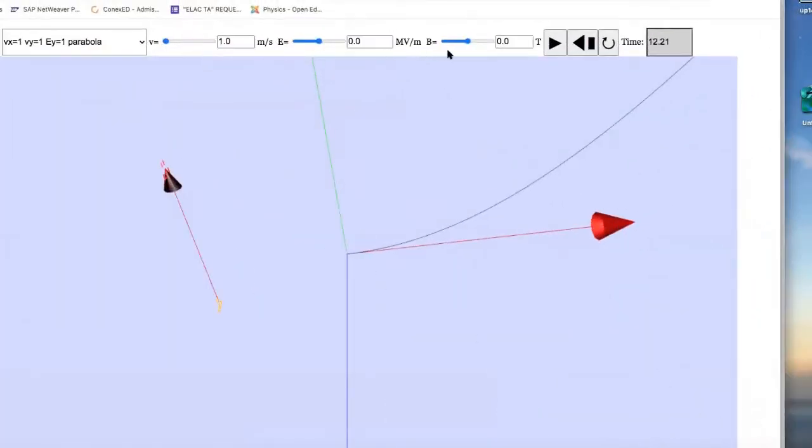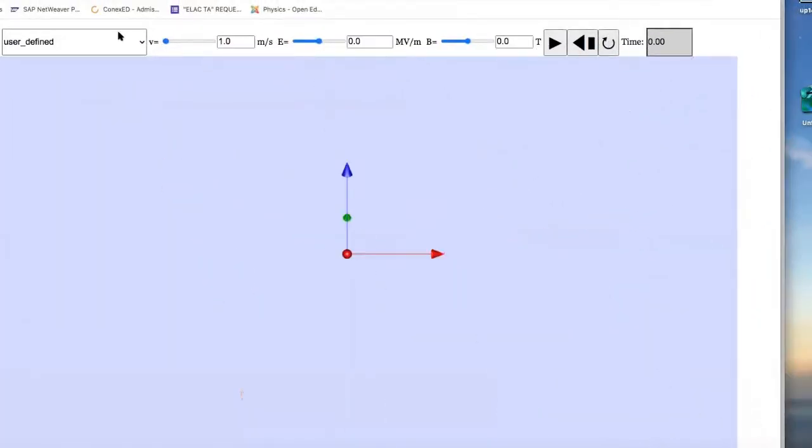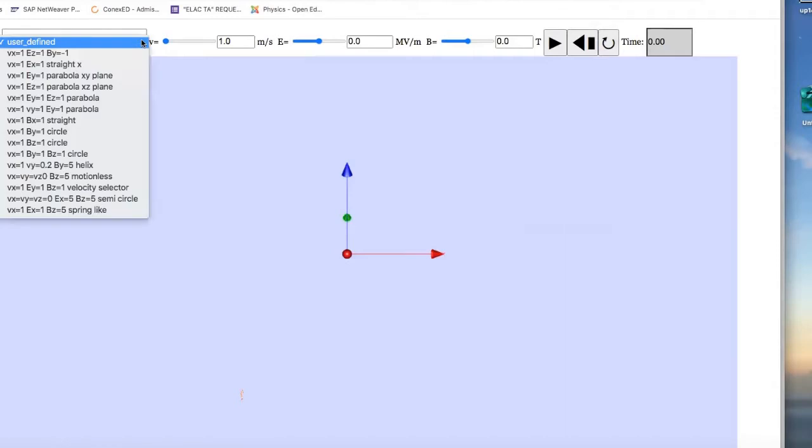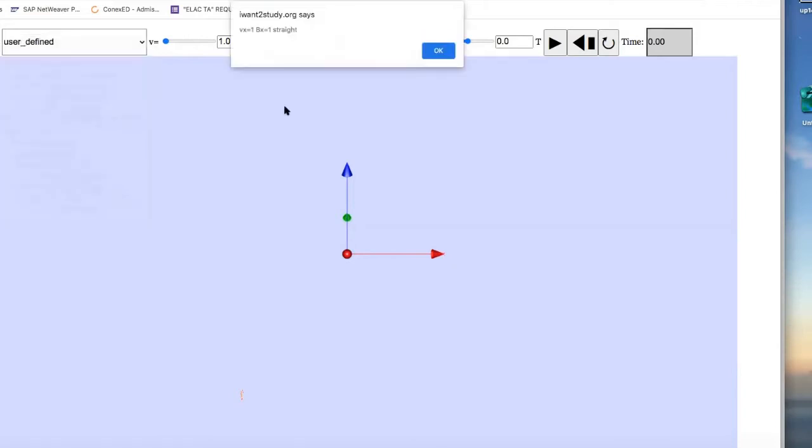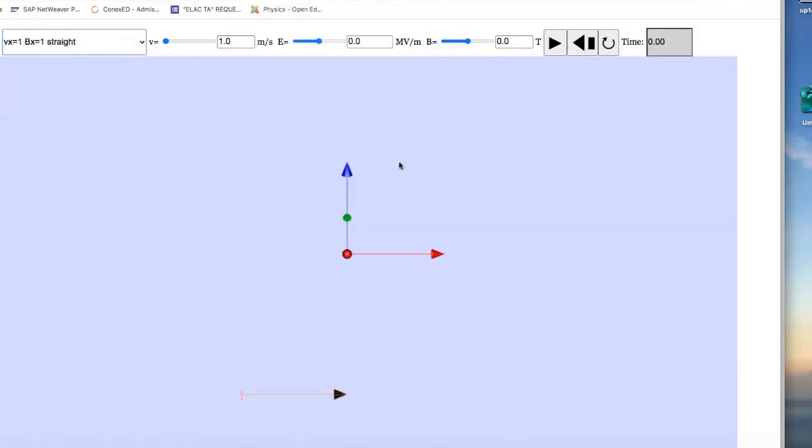So now let's introduce the simplest magnetic field case, this one. Okay, so now the,